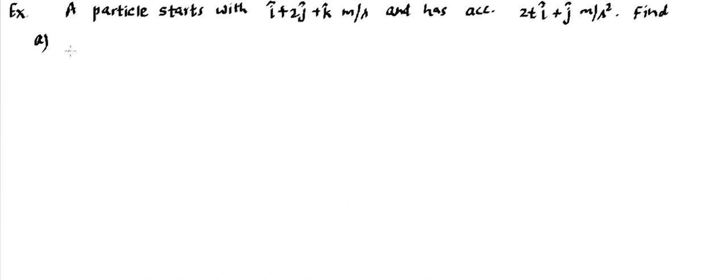It says find velocity at t equal to 1 second. So it's asking for velocity, that means magnitude and direction both have to be stated. And if it is asking particularly for magnitude, then we can also work that out once we have the velocity.